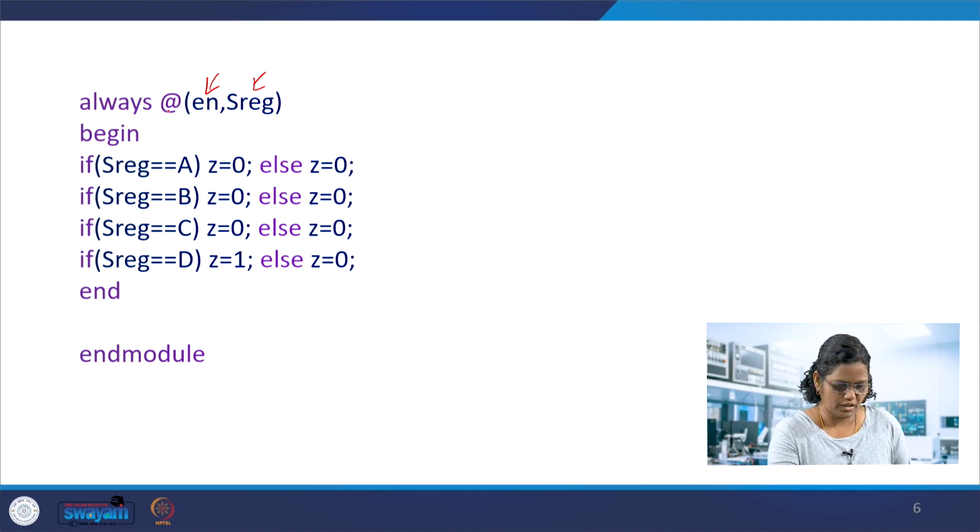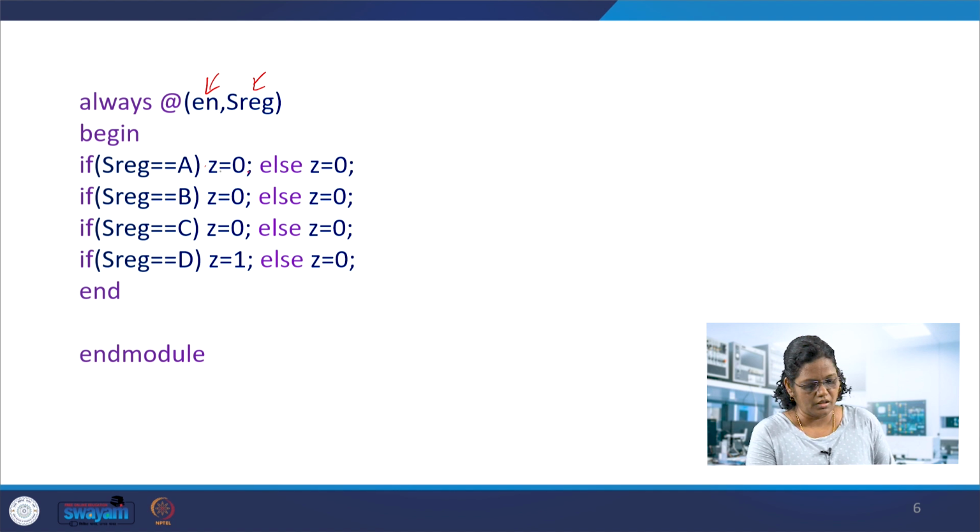So, considering this next state logic, we can put SREG is A and enable can also be considered. Enable is 0, then z equal to 0. So, we can change over here, and that would also suffice because enable is included in the sensitivity list. Already this is satisfying the enable condition, so we neglected to include enable in the if condition. So, this is a separate output logic in a separate always block, and the next state logic is under the state memory or in the same always block.